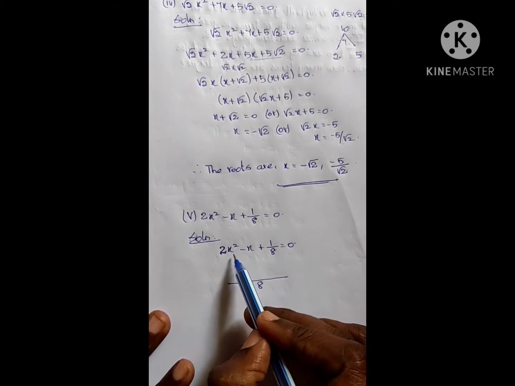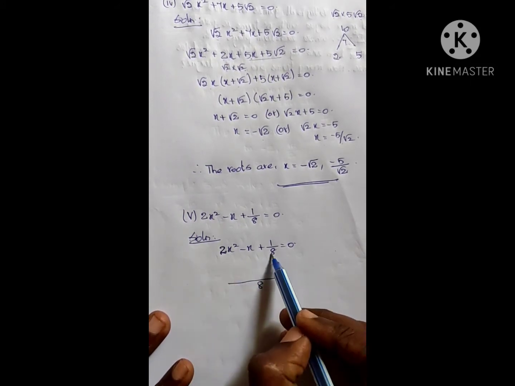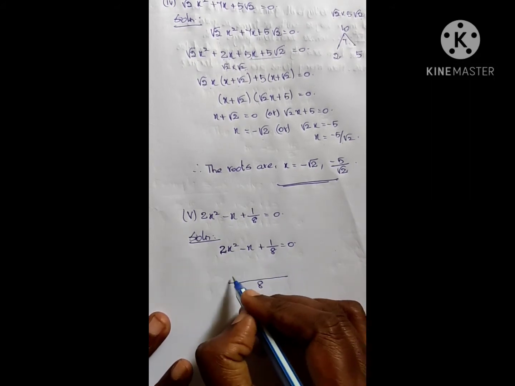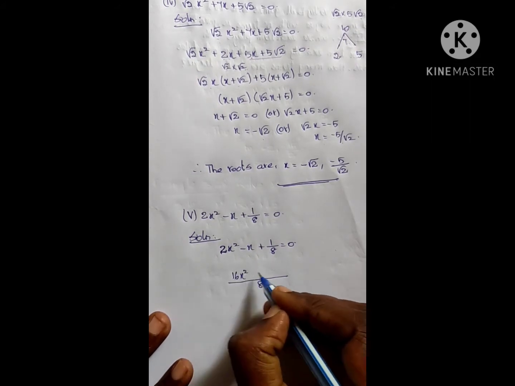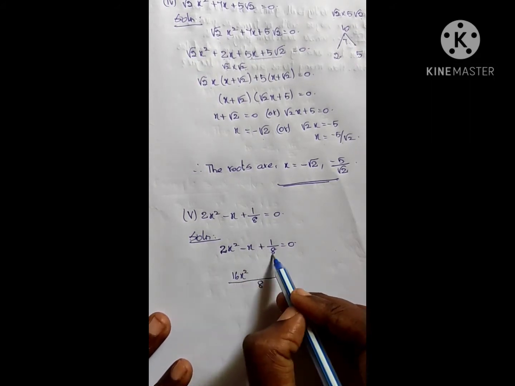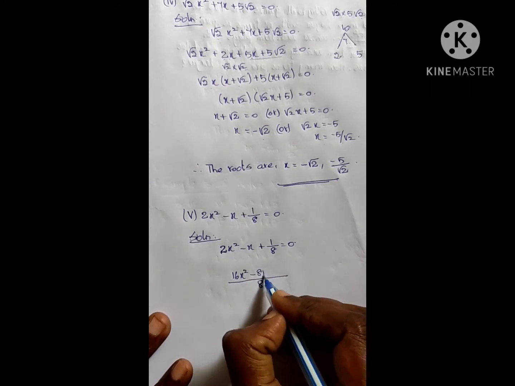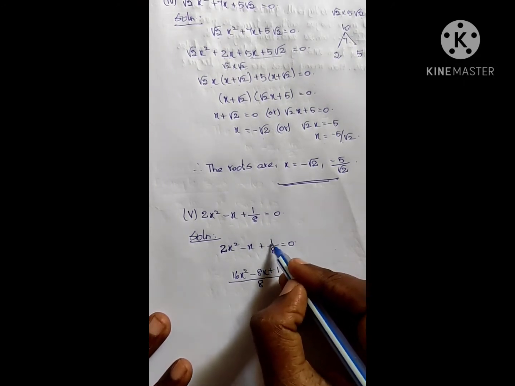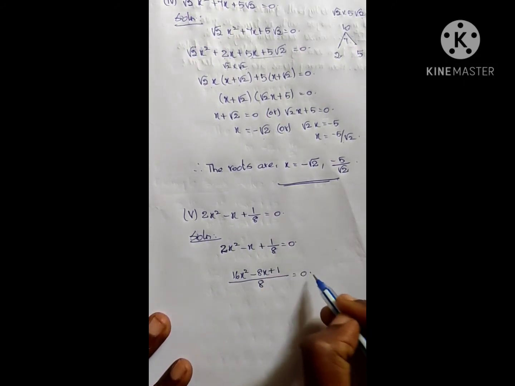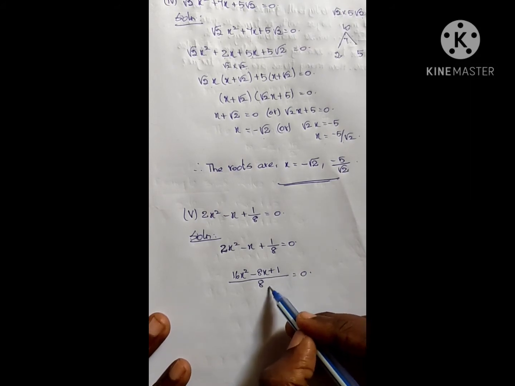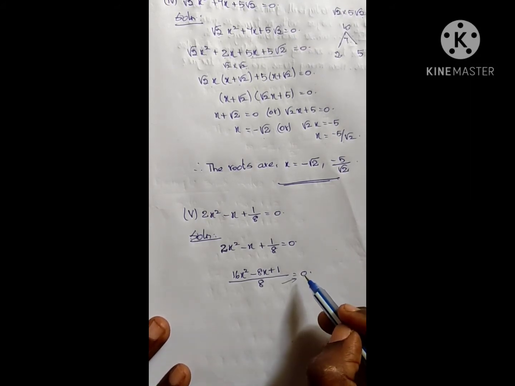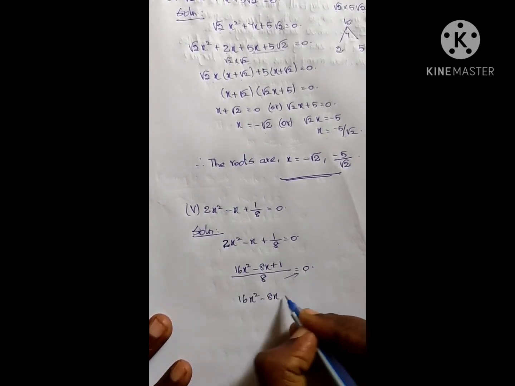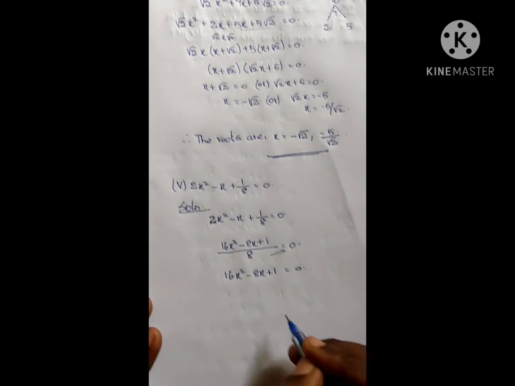Now the remaining terms become cross multiply. When we cross multiply we get 2 eights are 16. So 16x². Then here minus x into 8, that is -8x, plus, here already we have 8, so write the numerator as itself, so plus 1 equal to 0. Now while cross multiplying 8 into 0 becomes 0. So now this is 16x² - 8x + 1 = 0.